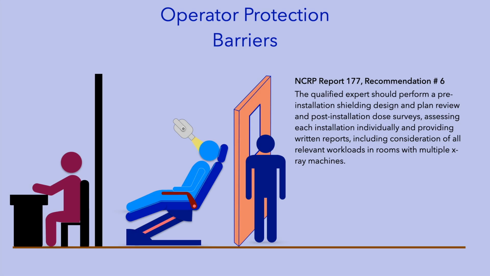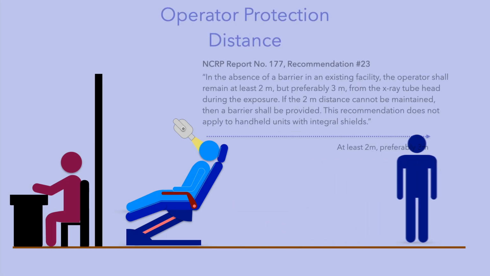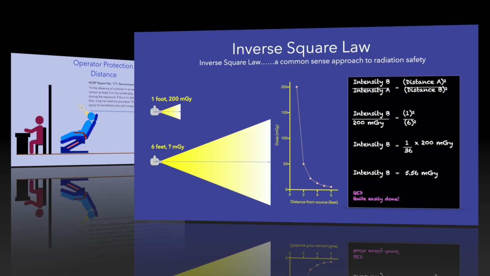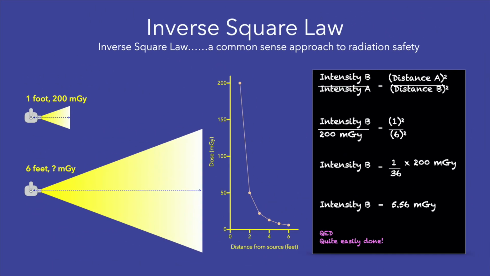during the exposure. In the absence of a barrier, you can use distance to minimize the intensity of the radiation that reaches you. This principle is based on the inverse square law. That is, the intensity of radiation is inversely proportional to the square of the distance from the source. In this example, an air kerma of 200 milligray is measured at a distance of 1 foot from the source. Increasing that distance to 6 feet decreases the radiation to 5.56 milligray and underscores the dramatic reduction in radiation intensity that